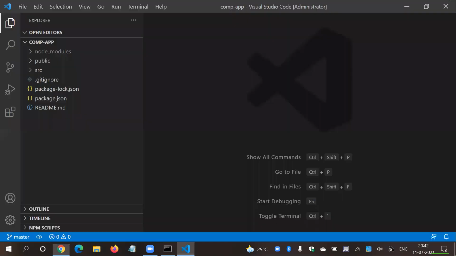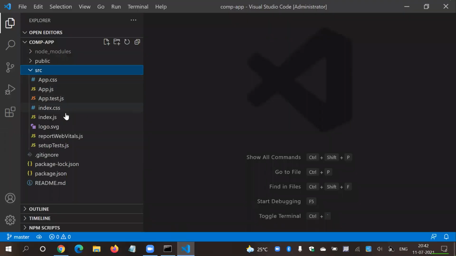Yes, this is our first page, and let's jump into our code.